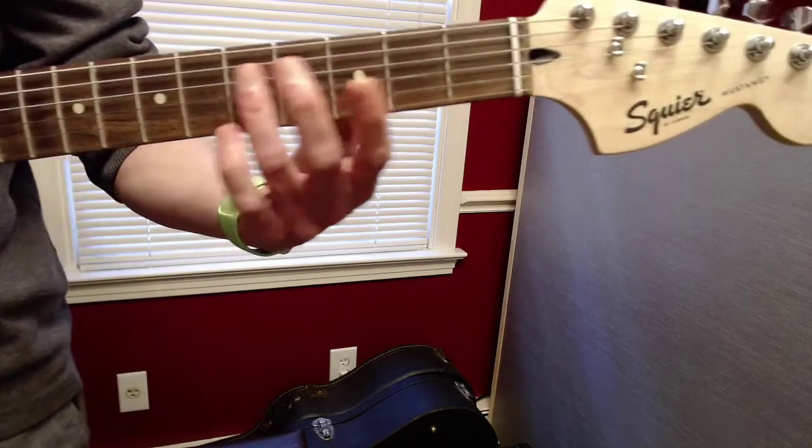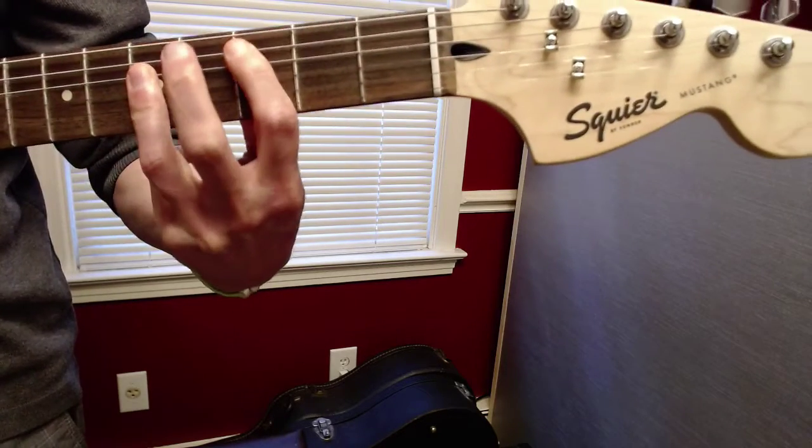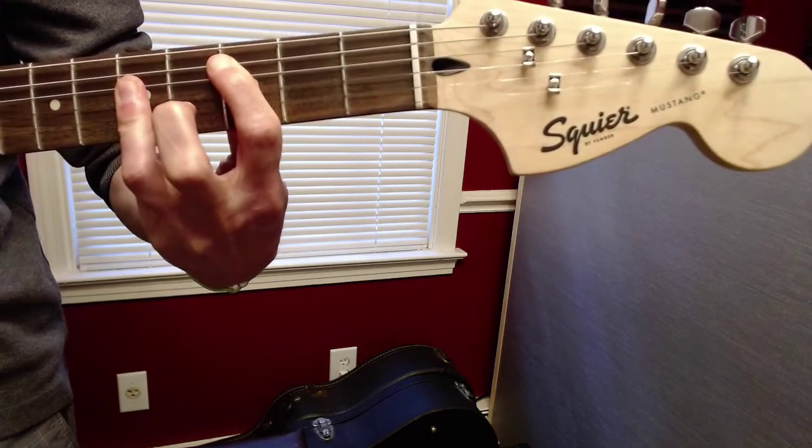Now another way to play that A shape is to bar with your 3rd finger on the 5th fret and reach that first finger over to grab that. That's how